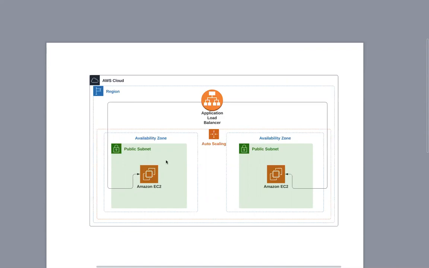What we have done over here is we have mapped one subnet, which we could also call a public subnet, because we are working with the default VPC over here. We are not creating our own VPCs, so that is for a later lecture. So we are creating a public subnet and mapping it to availability zone US East 1A, and creating another public subnet mapping it to availability zone US East 1B. Both of these availability zones are wrapped within an auto scaling group. Now the auto scaling group is going to monitor both of these availability zones, and it's going to launch instances across these availability zones.